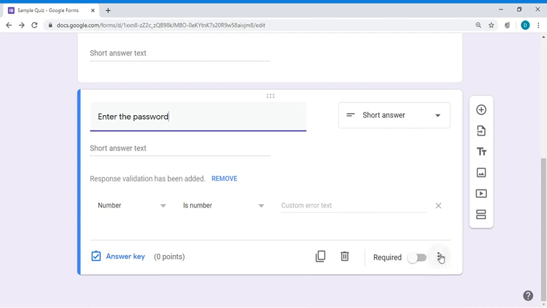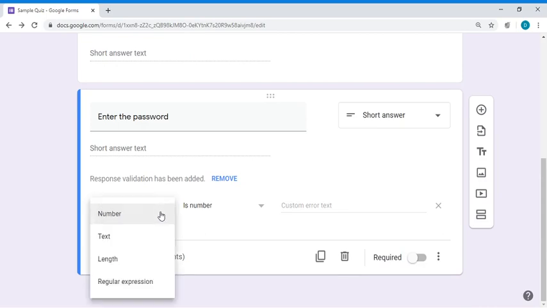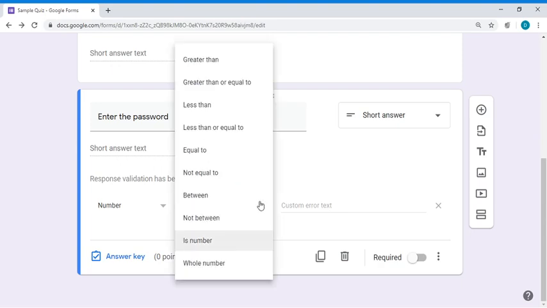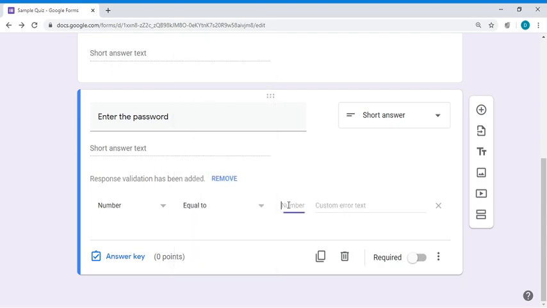If it does not come, you can go here and check on response validation. Here you have to select number. Different options are there: text, length, regular expression. Important is number. Here select equal to. Here enter the password that you want to set for this Google form.